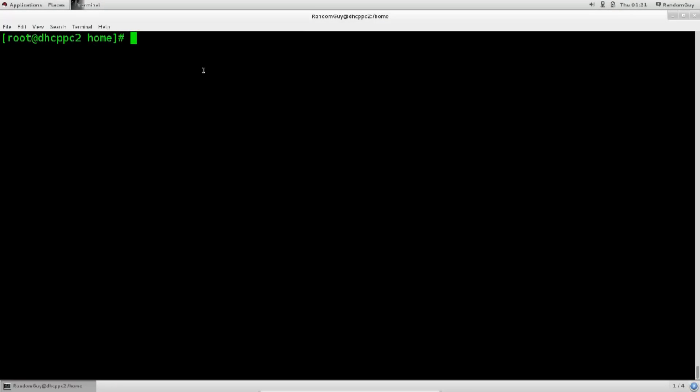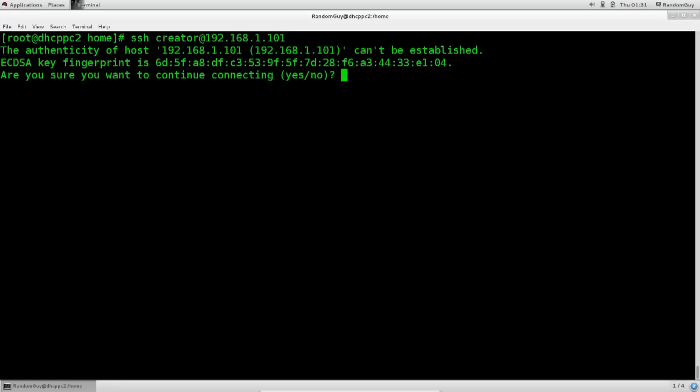Excellent, so now we would like to connect to that place. All that you need to type in is SSH, space, username. Who do you want to be on the remote system? So obviously I want to be creator at 192.168.1.101, and if I press enter, it will ask me, it will say basically that the authenticity of a host